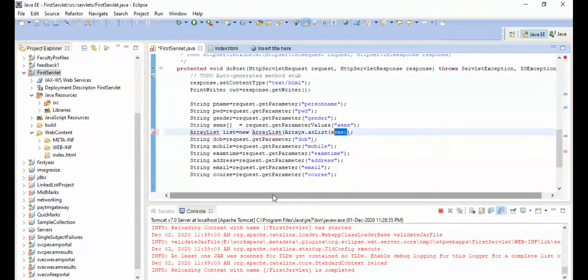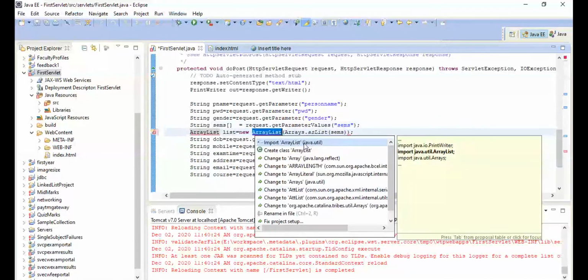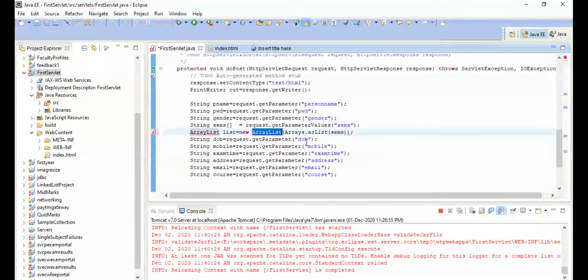Arrays dot as list: if you send the array variable to this function, it will return an array list object from the array variable. All the elements of the sems array variable are stored into the array list, so that they can be processed very easily when those elements are in the collection framework. That is the reason I have to convert into this array list.